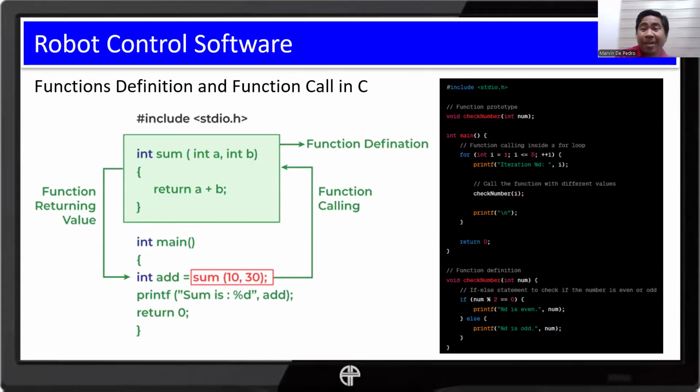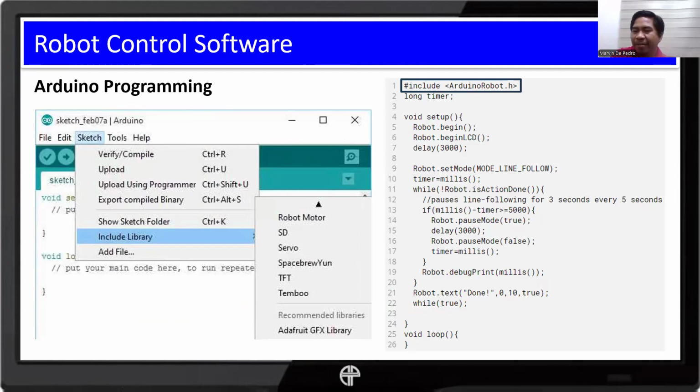This is not a programming class, that's why we're not going to focus much on the programming. We are just reviewing some essential concepts. Anyway, we'll try to provide sample codes in the description as soon as we have them. For now, kindly wait for a little while. So next, with such knowledge in C programming, you can now better understand how Arduino programming works.